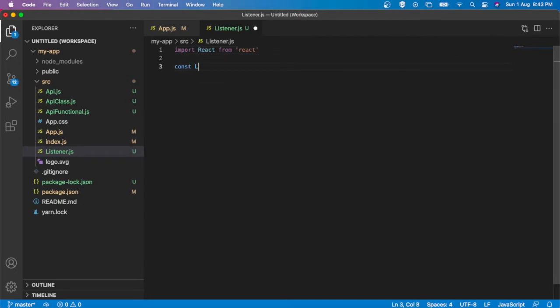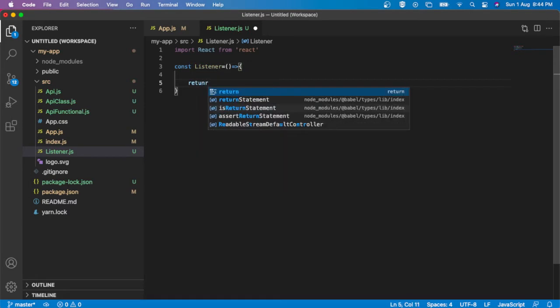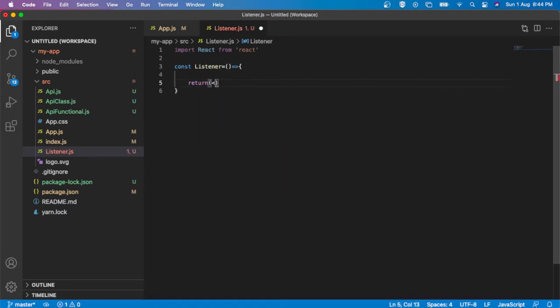Now const Listener, arrow function, and I need to add a return here. A div, and then we can have a loading text here, and I have to export this component, export default Listener.